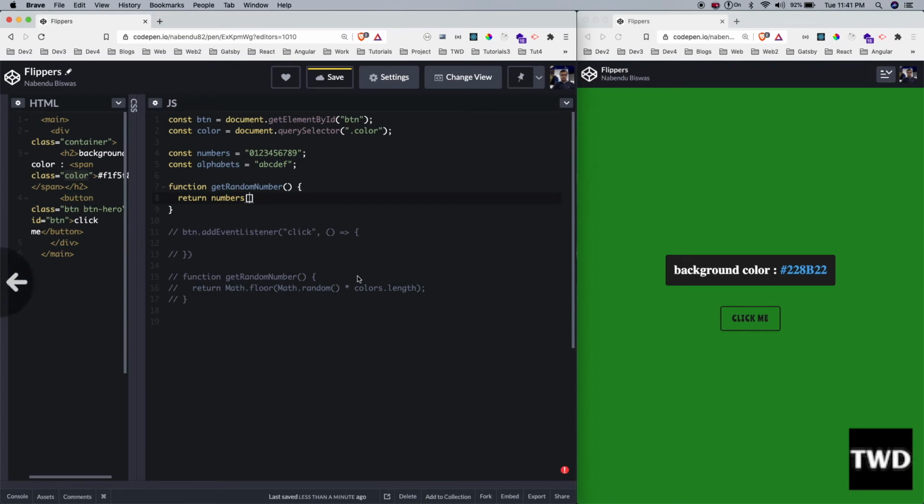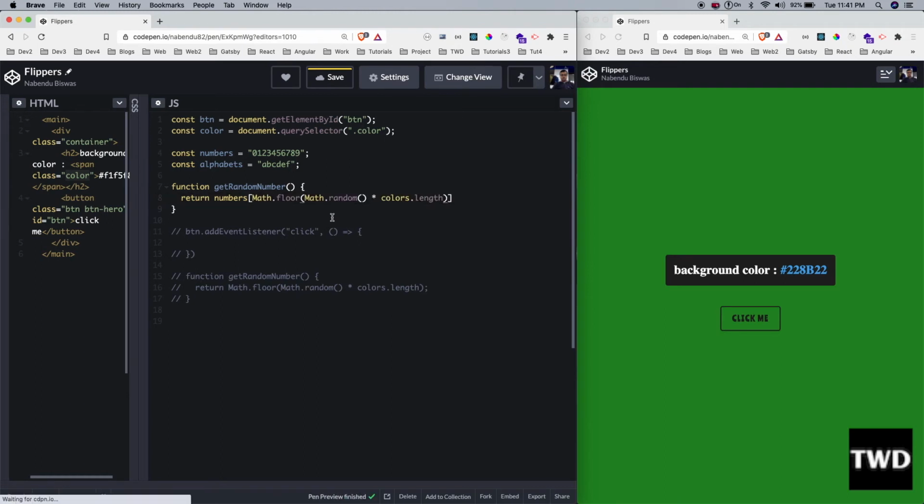So I don't make the same mistake again, let me copy this, as you have seen that I made that random mistake. Like this I will do Math.floor(Math.random()), but it is not colors, it is actually numbers. So when you copy, you should know everything.